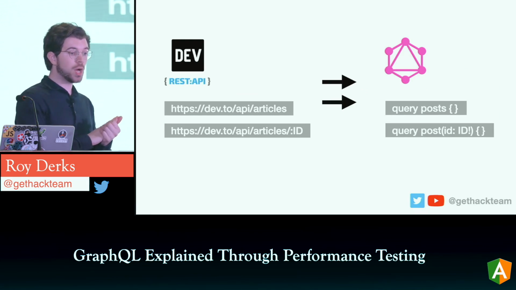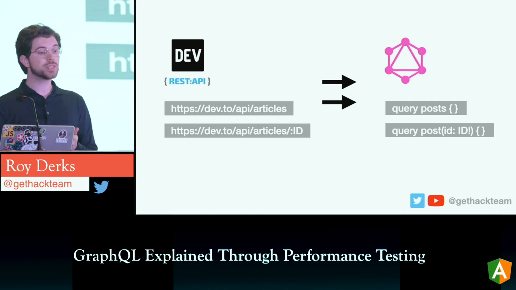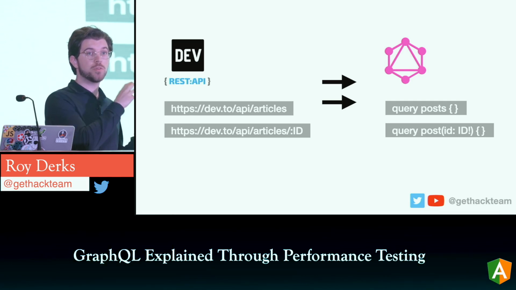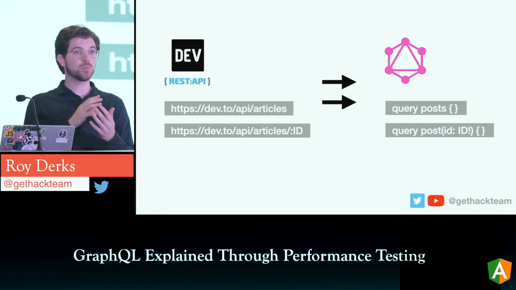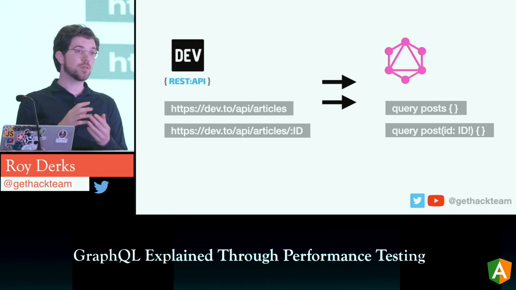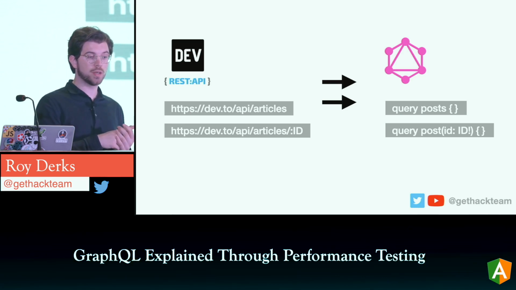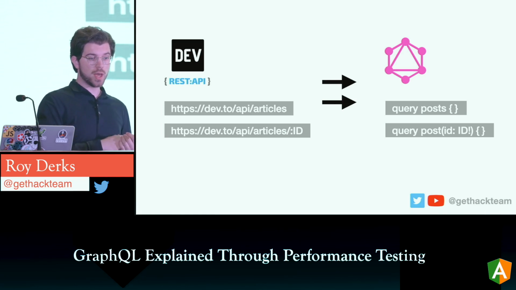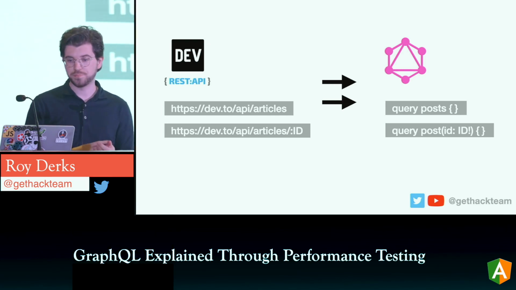So what I will be doing, I'll be mapping the endpoint to get a list of articles to a query called posts. So this will give you control over the data that's coming from the REST API, and you can also select which fields you'd like to see instead of getting all the fields in your application. I also graphicalized an endpoint to get articles by its ID, so a single article, and this is a different query that takes an argument, the ID of the post.